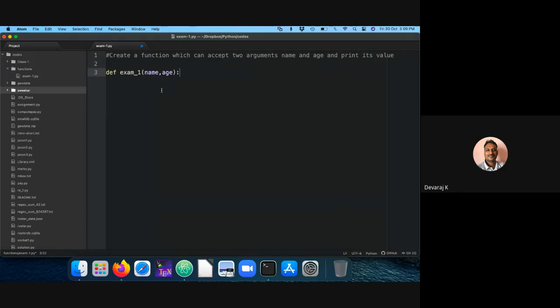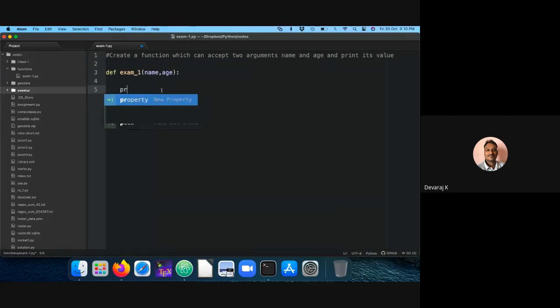Now I have defined this particular thing. Now I need to print it. I have to call this function and print the name and age. So I should be able to print example_one.